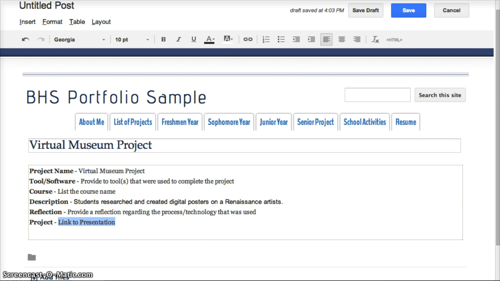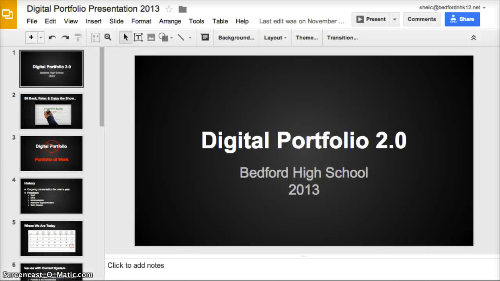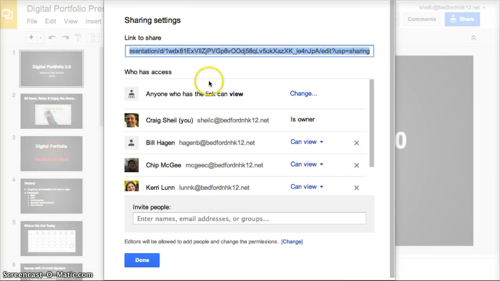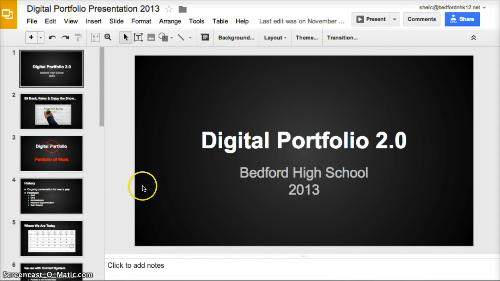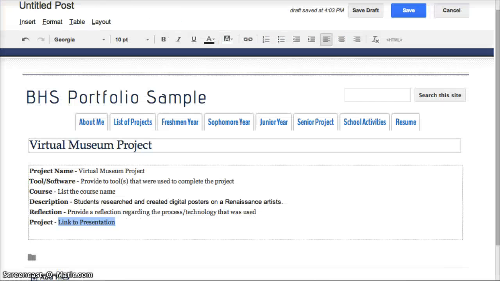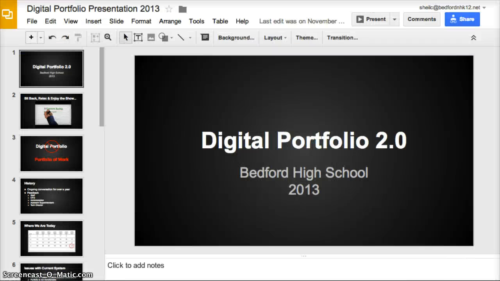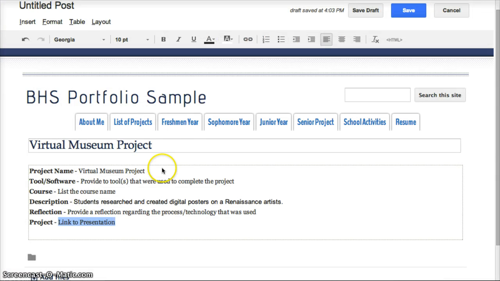Then you actually need to go and find that presentation. So this is a Google presentation. You'll notice that I've already changed this to anyone with the link. That is the first thing you have to do. I'm then going to go back to my post. Oops. I need to copy that link, go back to the post, and instead of pasting that really long URL